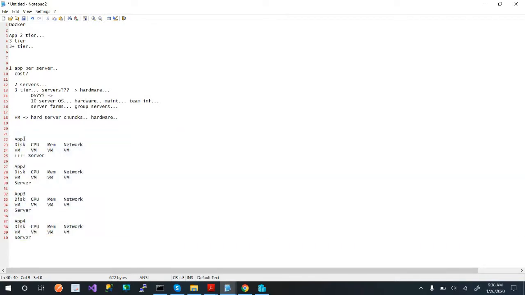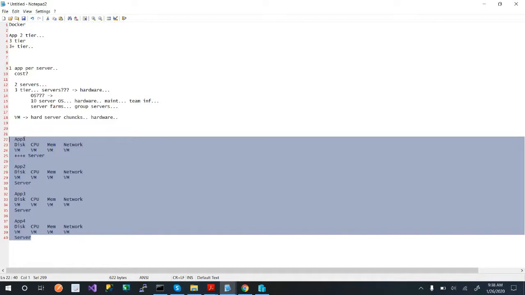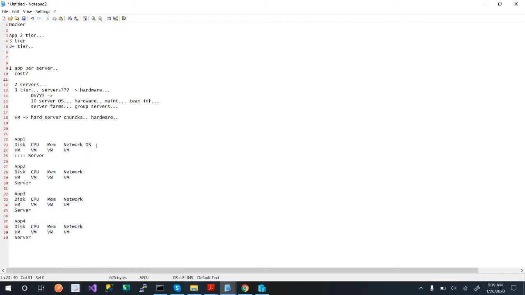If we were able to look at it in a different way and say, well, what if I had a way to do a VM that didn't care about my hardware? Wouldn't that be awesome? Oh, wait, there's one more important thing we totally miss here, is the OS, which we all know using Windows, that can get very costly. So, should have brought that into the picture.